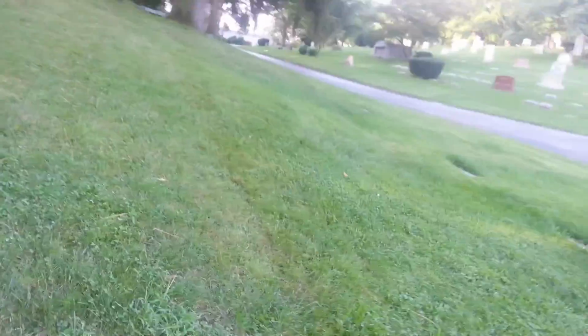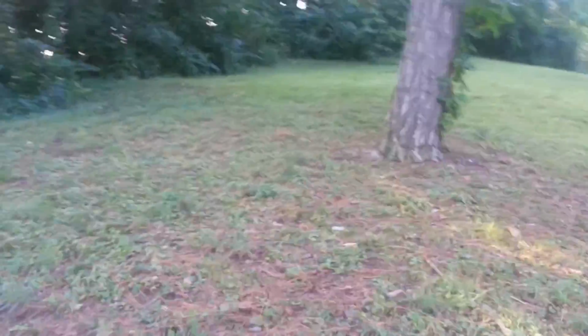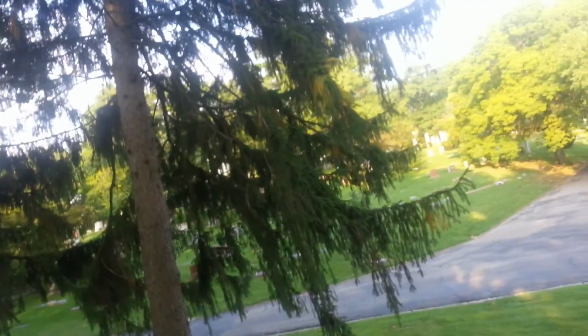You can kind of see as I'm going up the hill, there's a bunch of space up here underneath these trees that has not yet been plotted. As I said in the last video, they said they've got space for about 100 to 150 more years. But yeah, this is all untapped on these trees right here, and more of these beautiful pine trees. This is just an absolutely gorgeous